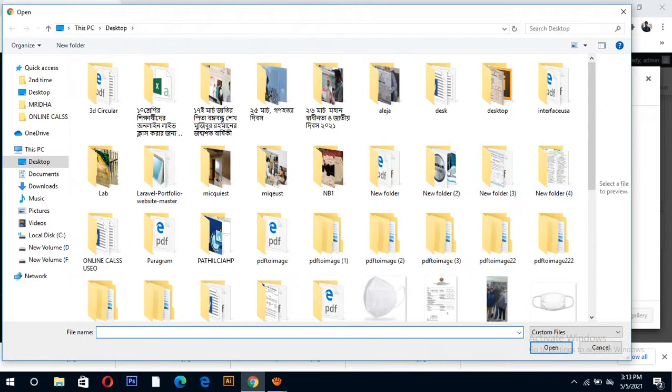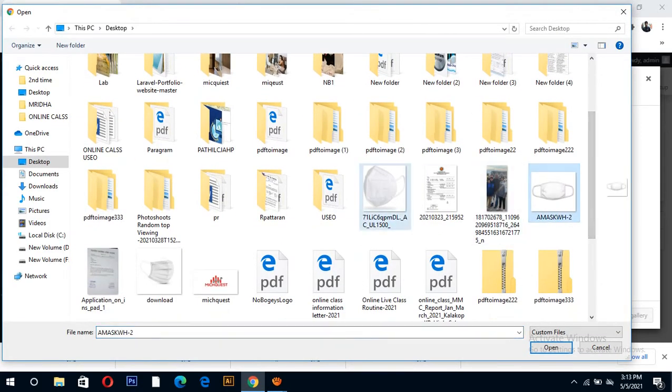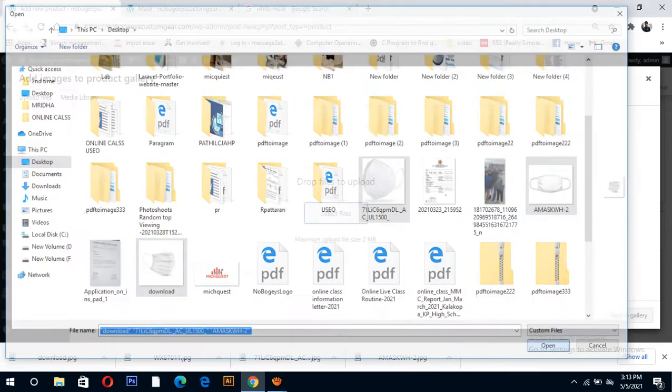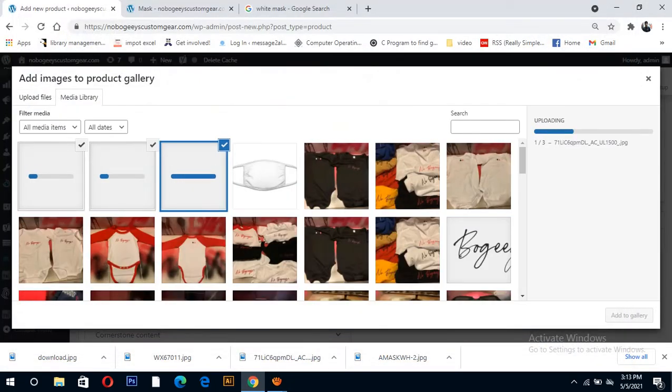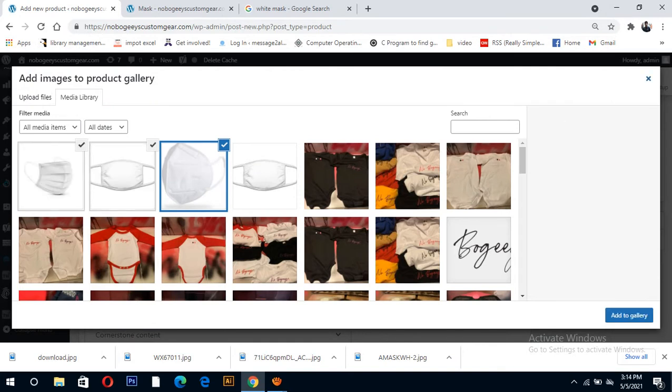I can show you one more. Look, three marks showing. When uploading any product, remember the picture size should be 1000 pixels wide and minimum height 700.